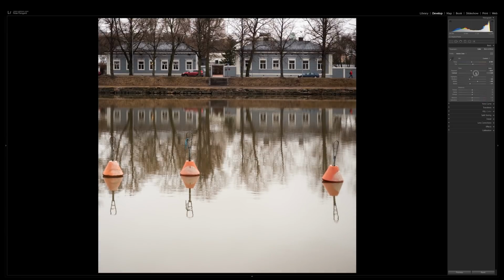And how much contrast is up to you. That's something that you have to decide, because some like little flatter images and some like more contrasty images, and it also depends on the image. But always add some contrast. That will make the image a lot better, if you don't do anything else but add the contrast.